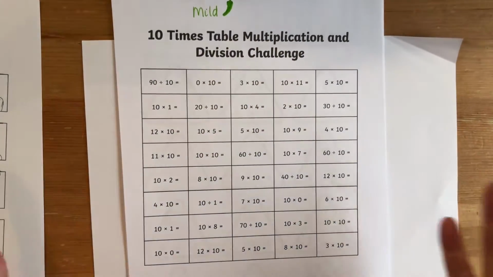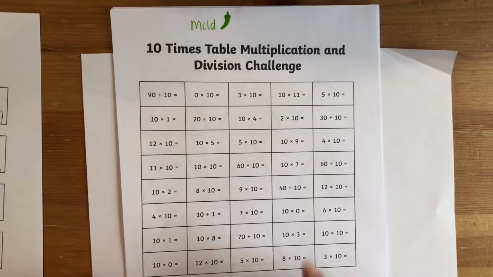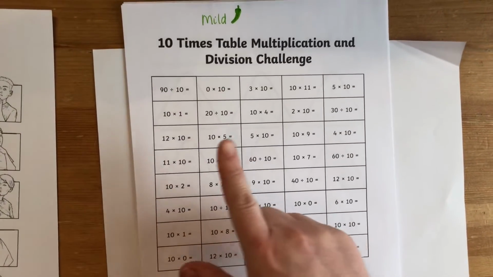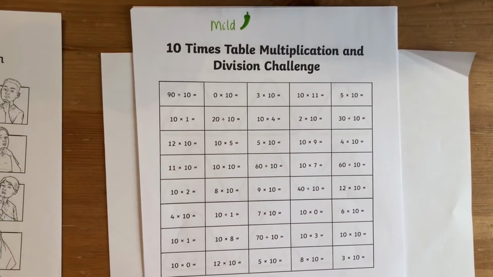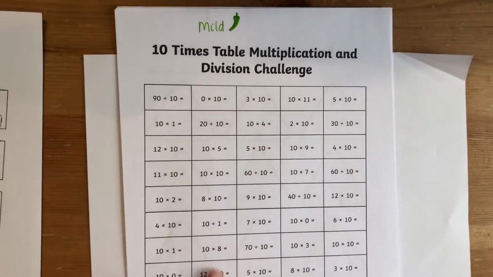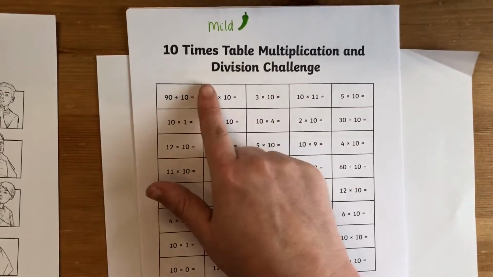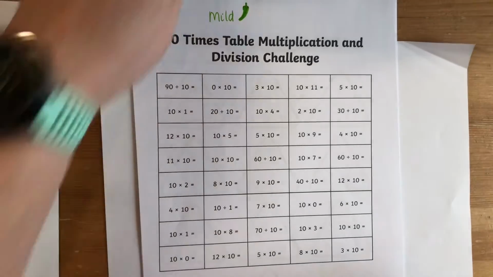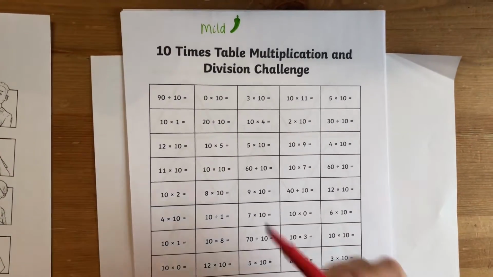Okay, let's get going. So the mild input today is you are going to be looking at dividing by 10 for your numeracy today. Now you've got mixed strategies here. You've got times table, multiplication and division challenge. So one tip that will help you with this that I find is